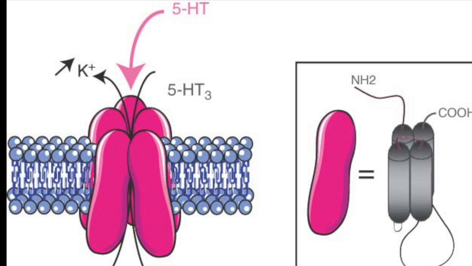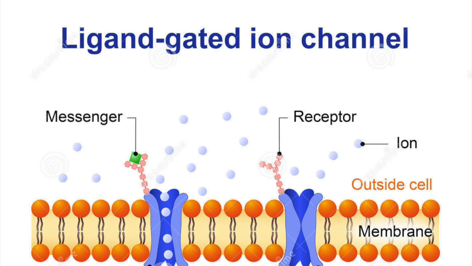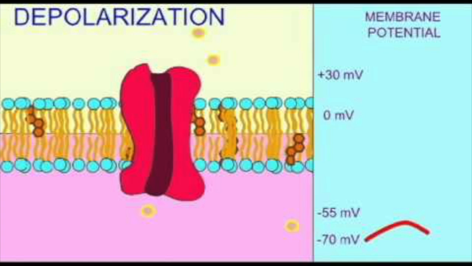The 5-HT3 receptor is homomeric, meaning that its subunits are all identical. This unique receptor belongs to the ligand-gated ion channel family. This means that it does not involve activating a G protein pathway, but instead directly opens up an ion channel to allow in calcium or sodium. This causes the rapid depolarization of neurons.